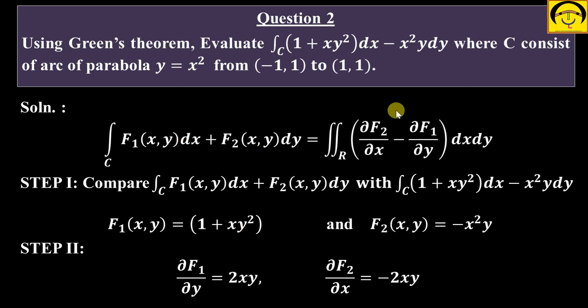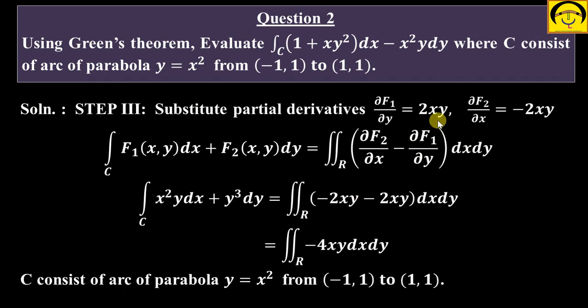अब स्टेटमेंट के हिसाब से आपको del F2 ओवर del x और del F1 ओवर del y निकालना है। सो आपने ये दो भी कंप्यूट कर लिए। अब इन दोनों को निकालने के बाद इनको यहाँ सब्सटीट्यूट कर देना है। सब्सटीट्यूट करने के बाद आपके पास -2xy, -2xy, क्योंकि दोनों 2xy और -2xy बने हैं। सो यहाँ पे आपके पास फाइनली -4xy आया।